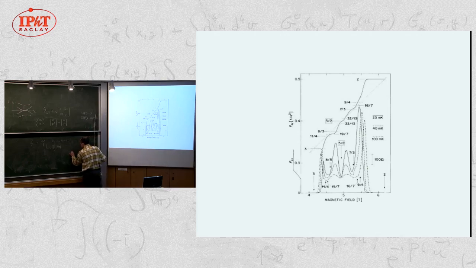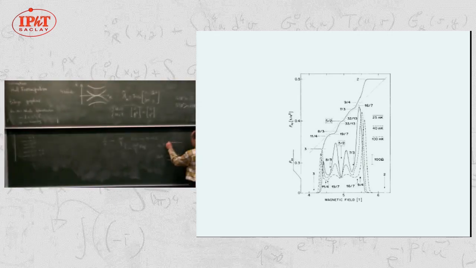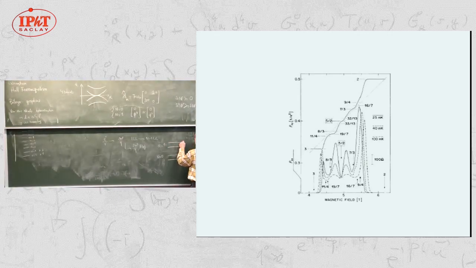So n equals 0, lowest orbital Landau levels, you will have 2 sets of states with the 2 spin values. Then n equal 1, you are filling 2 sets of states with spin values. So ν equal 2 is here, and ν equals 3 is here. So that's the boundaries of the magnetic field here.